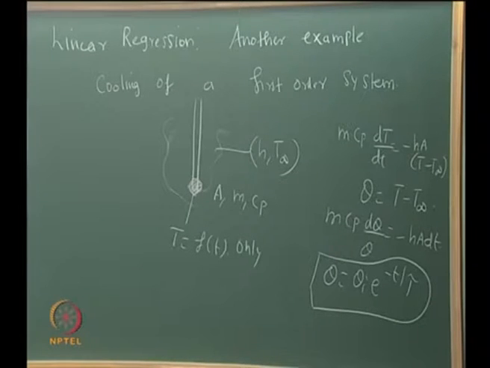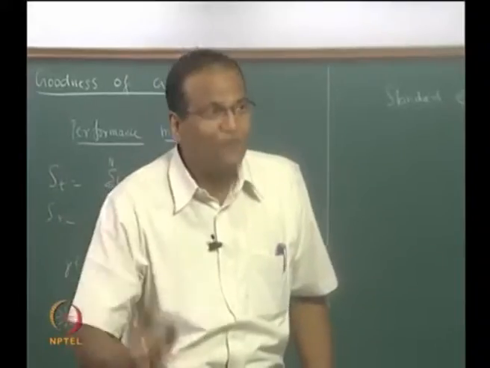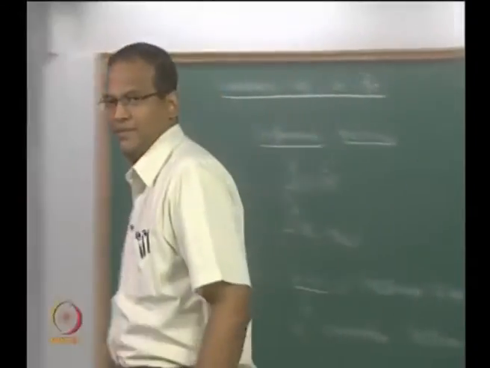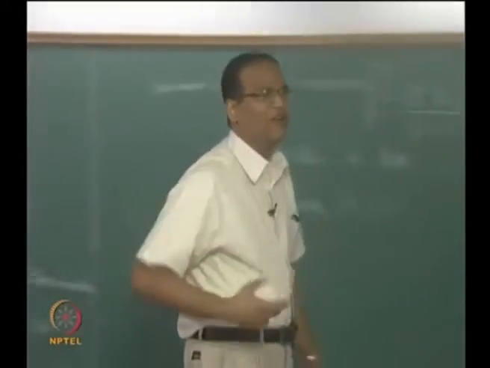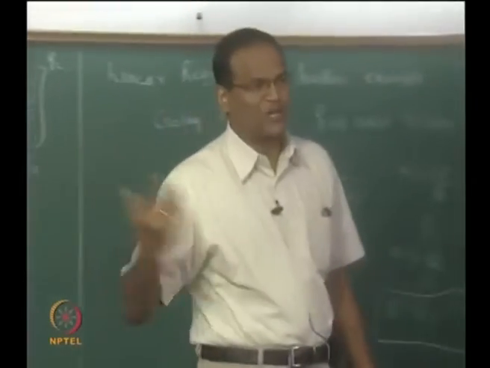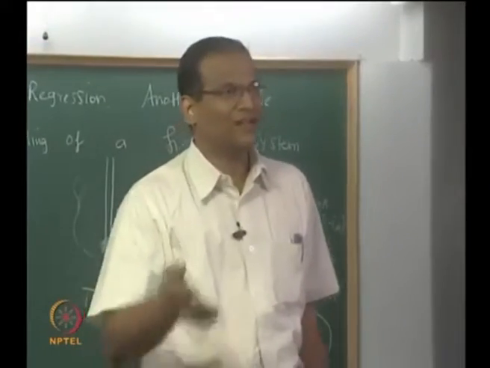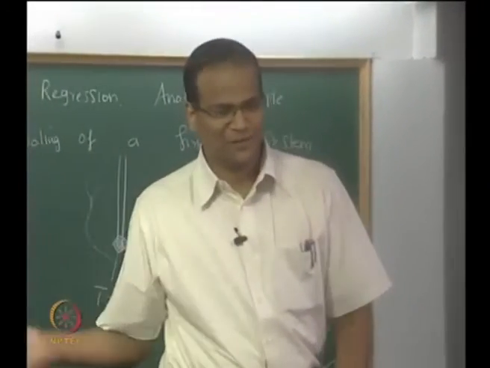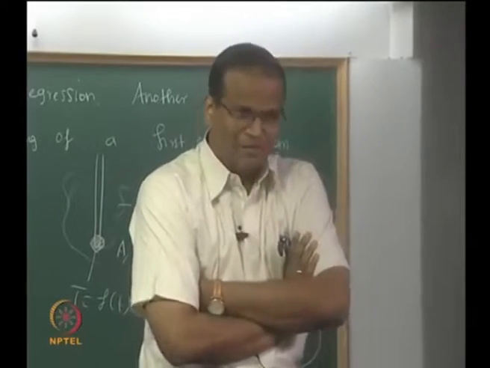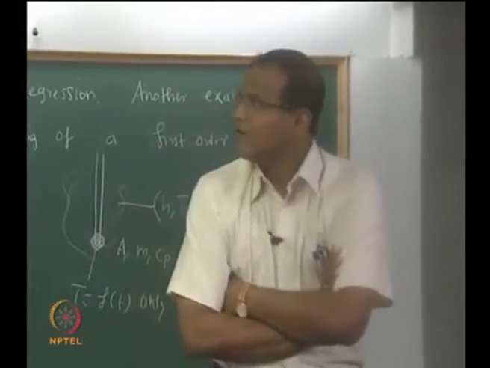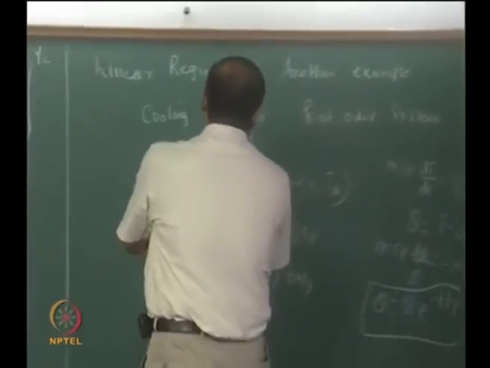Unfortunately, T infinity, the temperature of the surrounding water, will start going up because this heat is going there. Now we can model it as a second order system, we can work out the solution for that also, but this is not a heat transfer class. We can do that in a heat transfer class, it is possible to do. That is a second order system where T infinity keeps changing, but in this case it is relatively straightforward. We can keep T infinity constant.